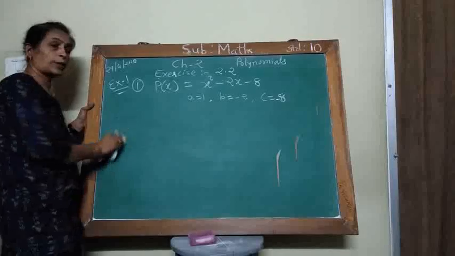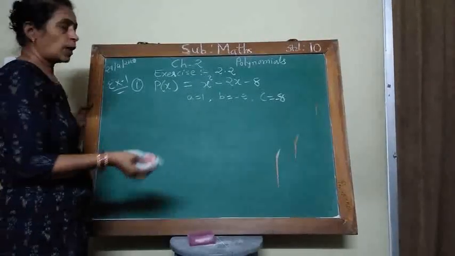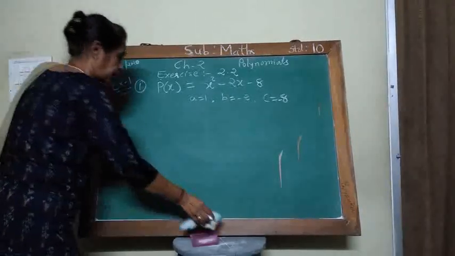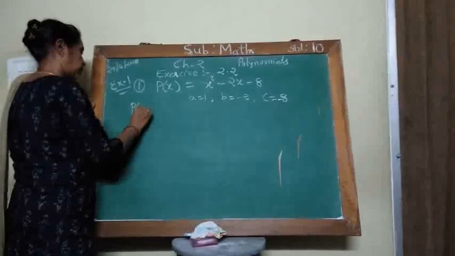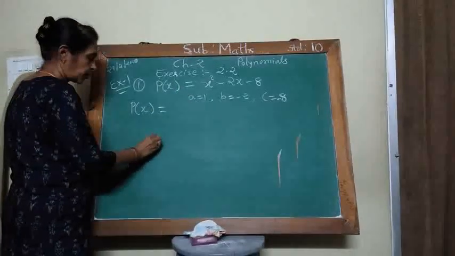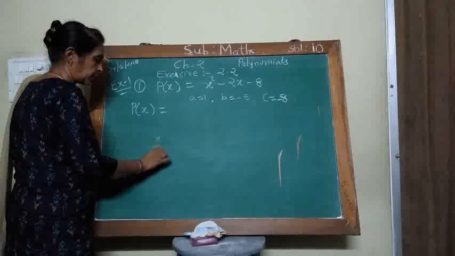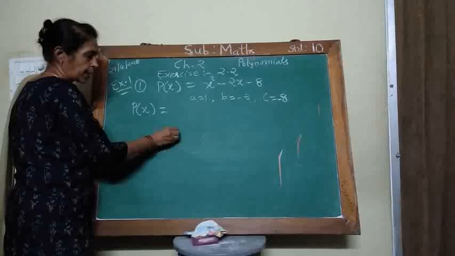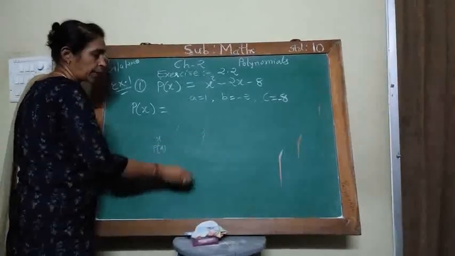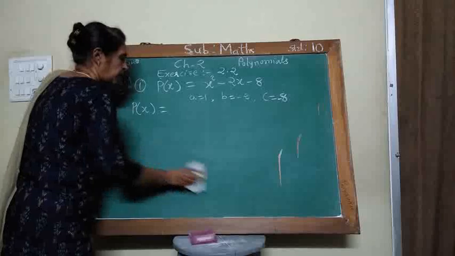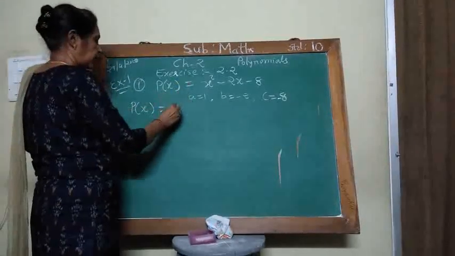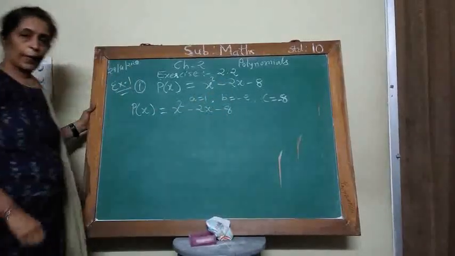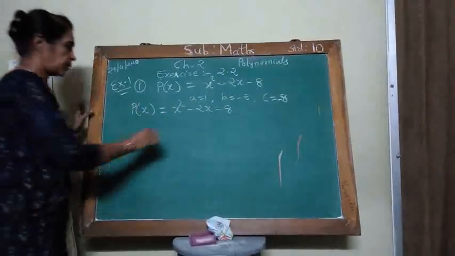But here you do not have to draw the graph, and you have to factorize the polynomial, and then you have to find the zeros. If you draw the graph, with a table of x and p(x), then you get this type of points, and if you join these points, then you get the parabola shape. But we don't do that, and we factorize the polynomial. Okay, so this is the polynomial.